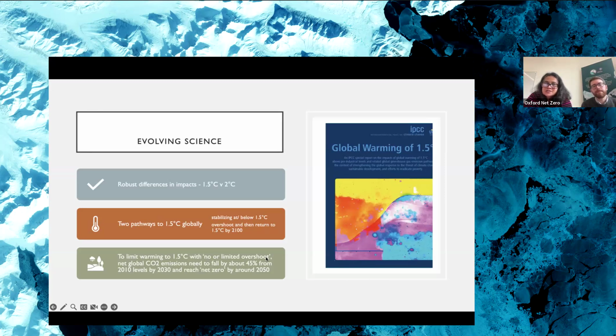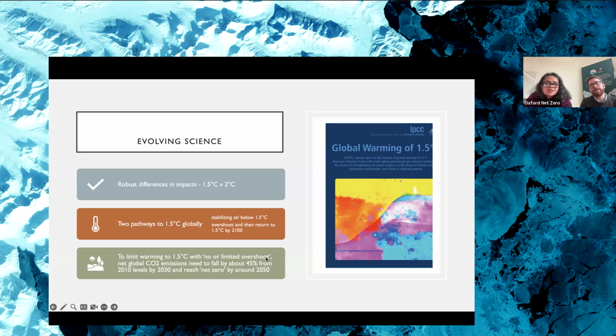One of those pathways is to stabilize at or below 1.5 degrees centigrade, which at this point looks unlikely. And the other pathway is to overshoot and then return to 1.5 degrees by 2100. The extent to which this maps on to the Paris Agreement itself is something that we will address in